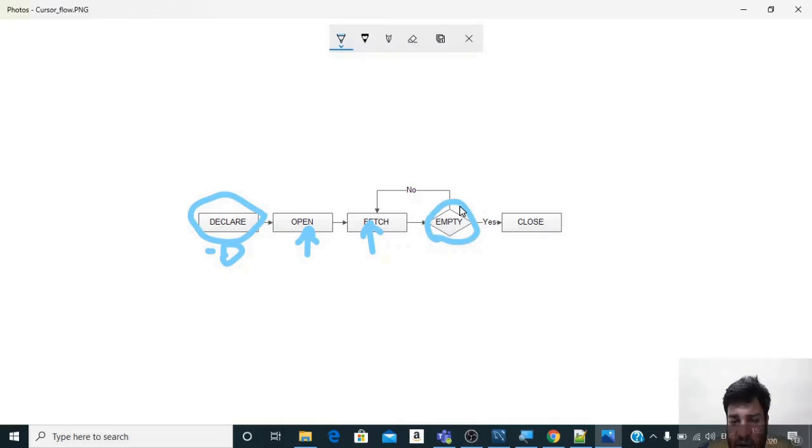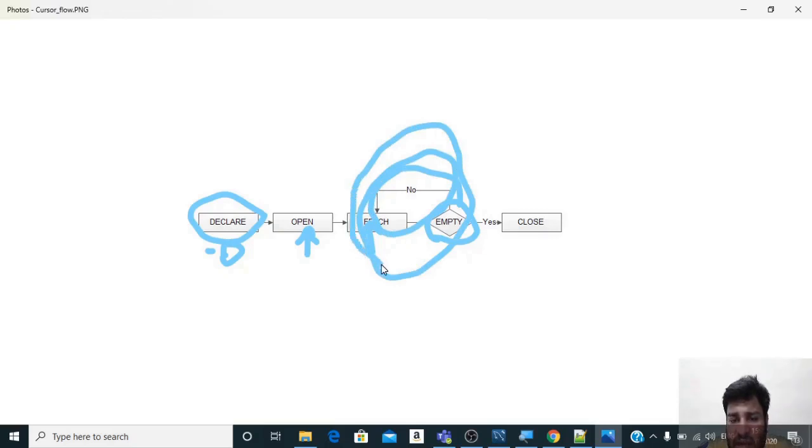If it has not gone empty, it comes back and fetches again, and again. If it finds it empty, it will go ahead and close it. Again, this is not done automatically. We have to give a command for close. This was something we needed to know before going back to our scenario. So this was the life cycle of cursors in MySQL.